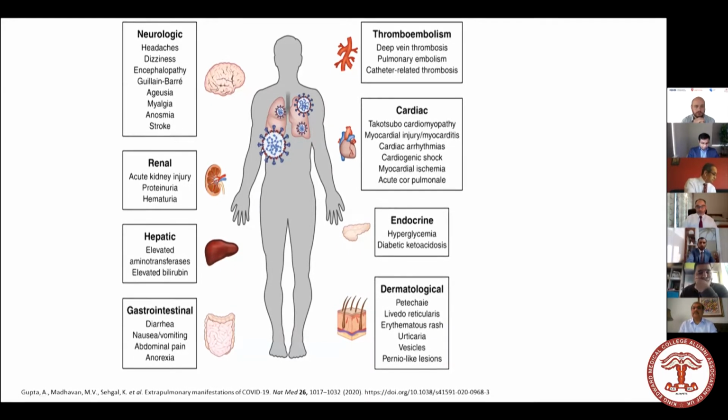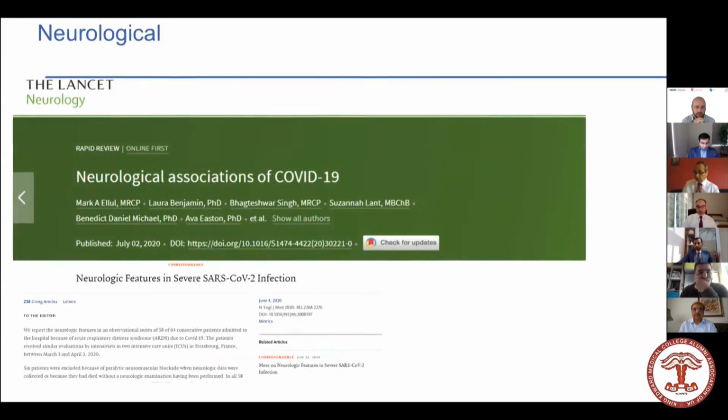On top of it is neurological. So let's talk about the uncommon neurological presentations of COVID-19. This is a nice Lancet article which explains how common or uncommon these symptoms are. Up to one in three patients who have COVID-19 might present with neurological association. That could be as common as headache, dizziness or vertigo, or as complex as